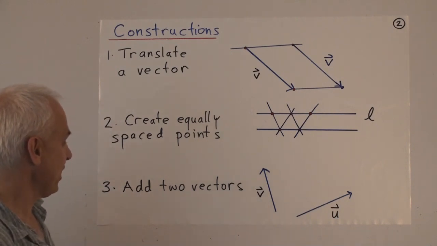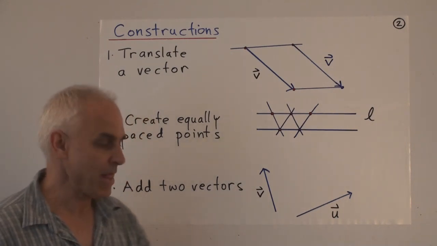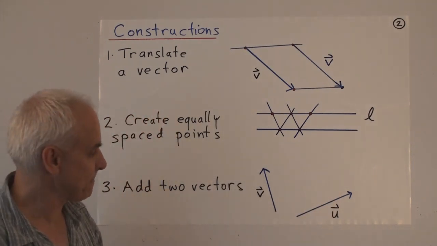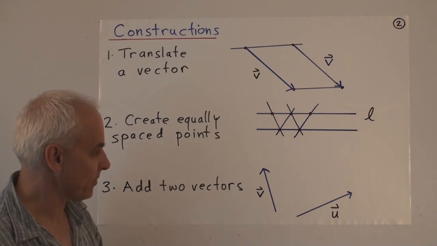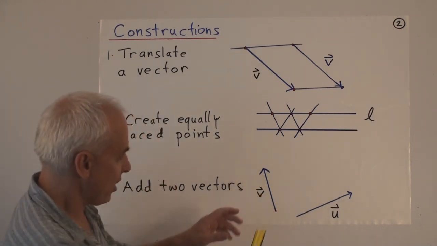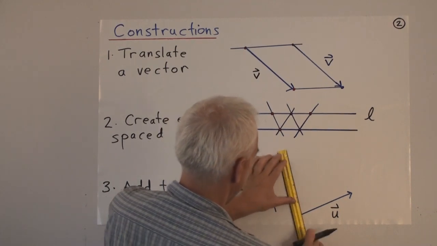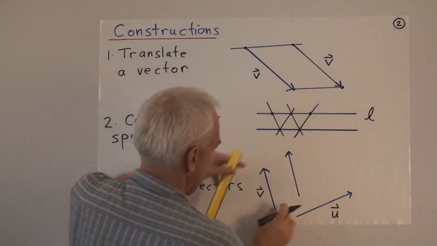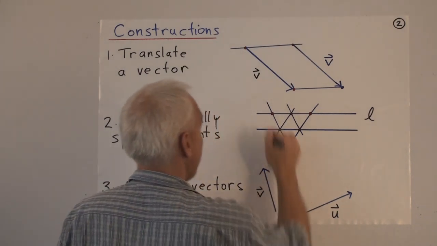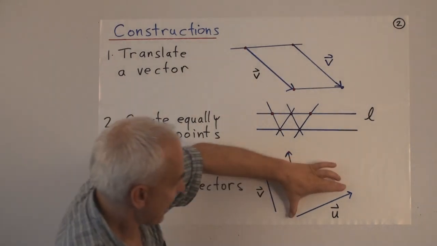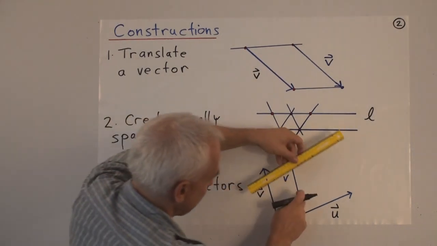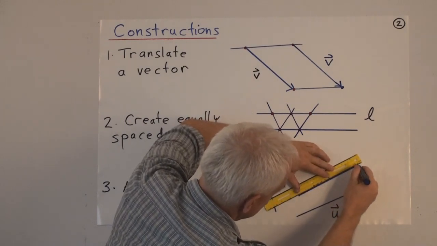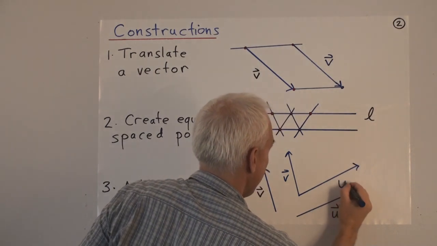Now our third construction, a very important one, is how to add two vectors. We've seen this before, so here's a vector v and here's a vector u, but let's just make sure that we know how to do that. So how do we add those two vectors? Well, instead of using those two vectors, let me draw a separate diagram. So I'm going to draw another vector here. And so I'm translating this vector there using that first technique. And then I'm going to translate this vector so that it's emanating from here. Let's say that ends up being something like this. So there's u.